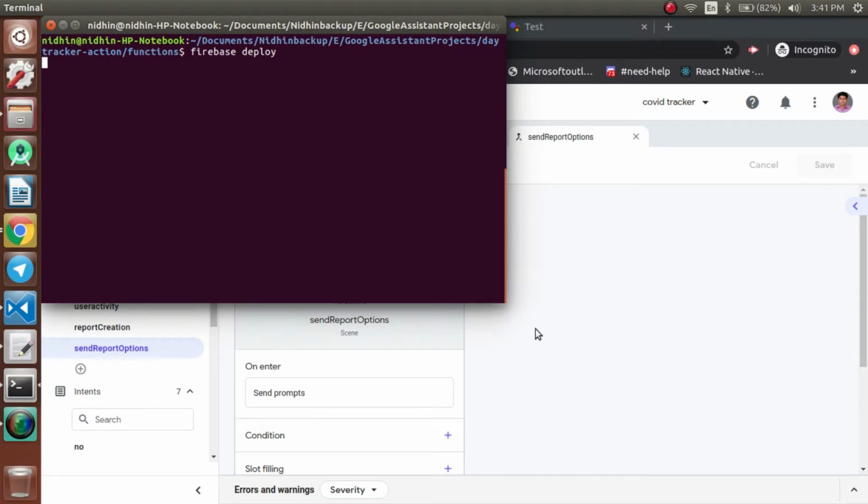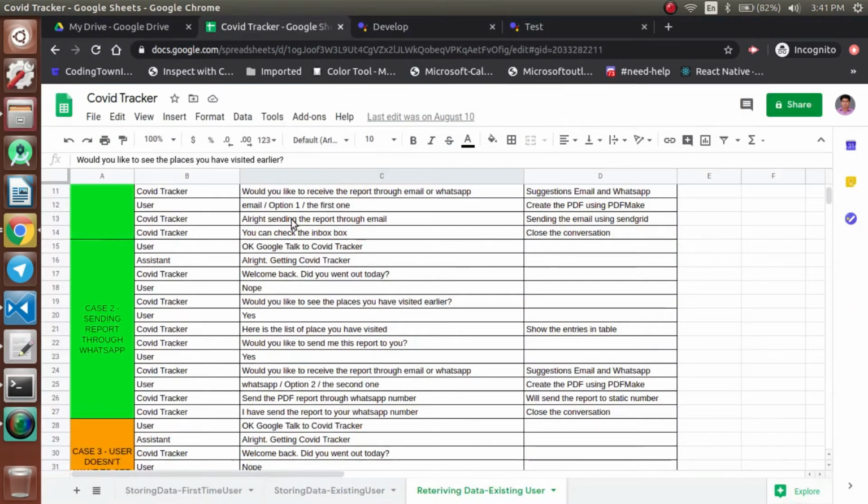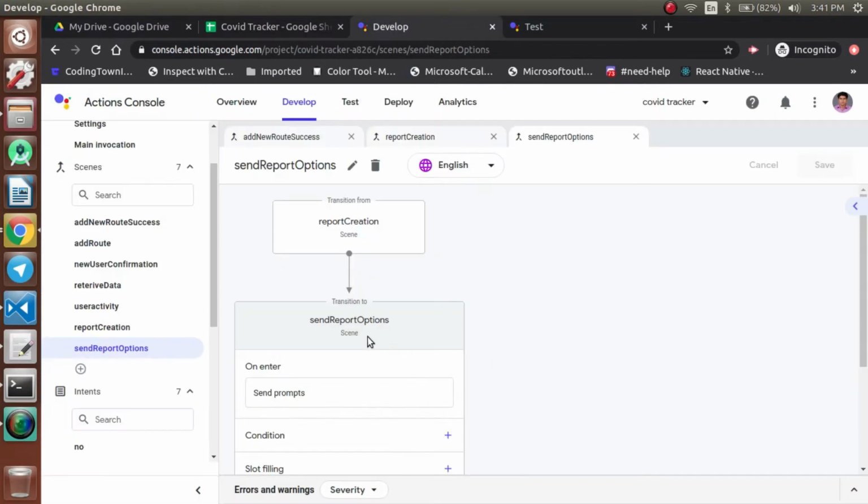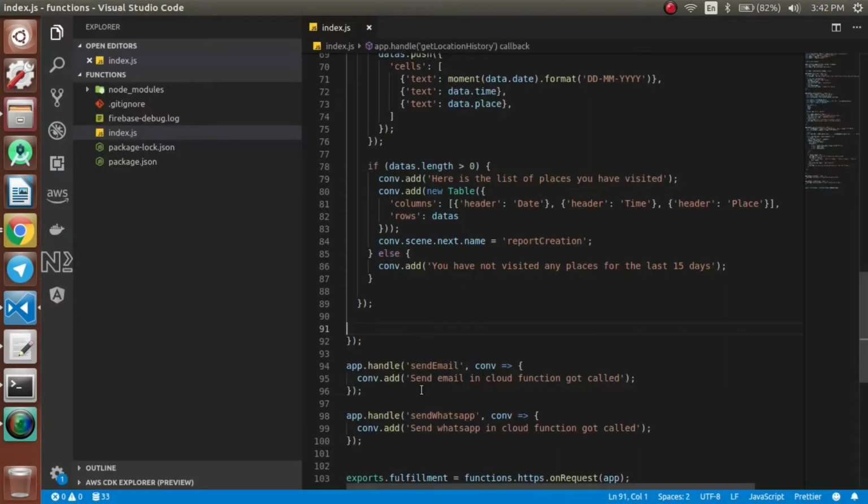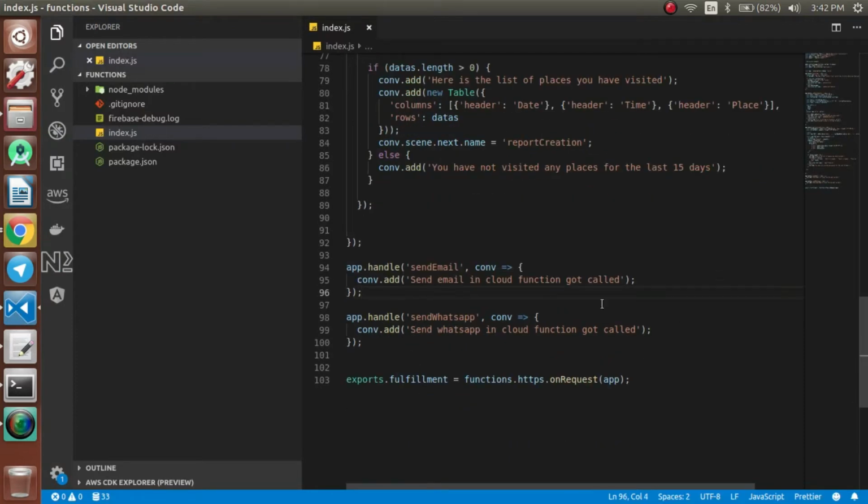So once it is deployed, we can test these flows. So once this part is working fine, then we'll start writing the logic. First we have to get the data from Firestore, and then we have to create a PDF file. Once the PDF has been generated, we can send it through email, and if it is WhatsApp, we can send that